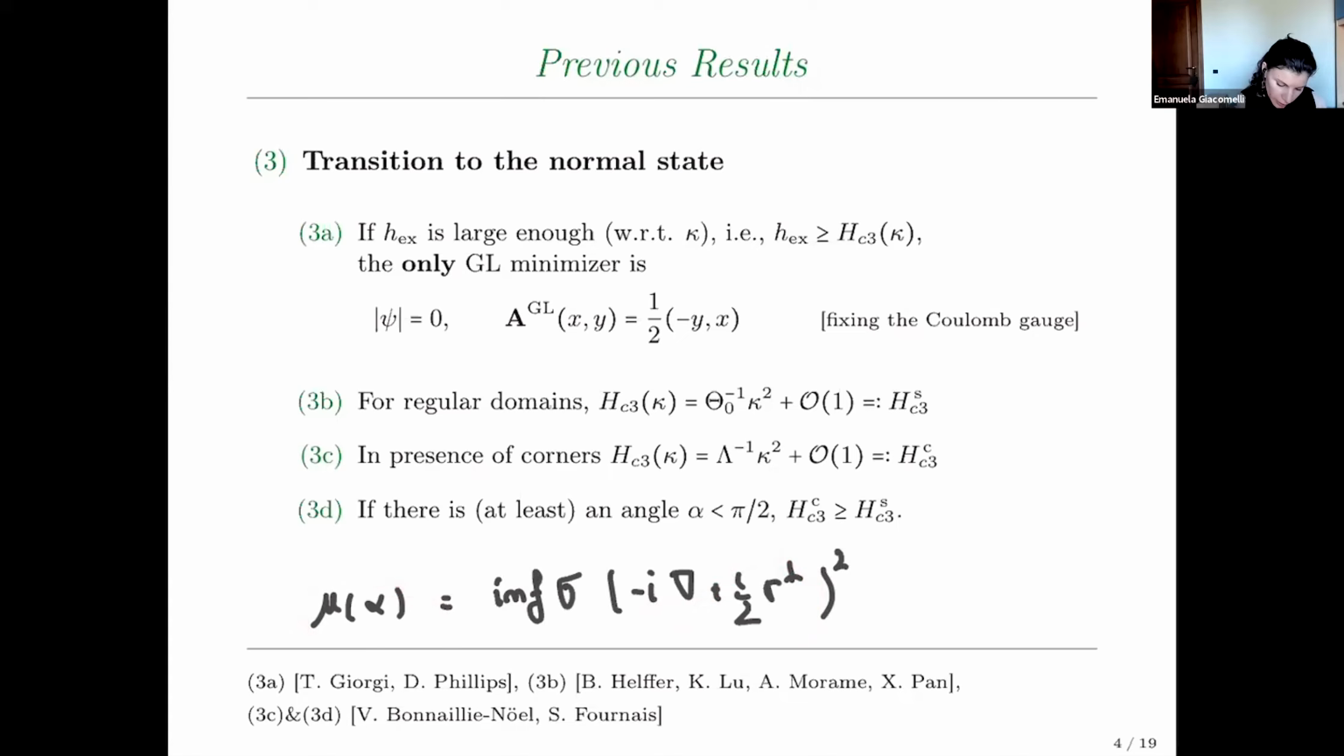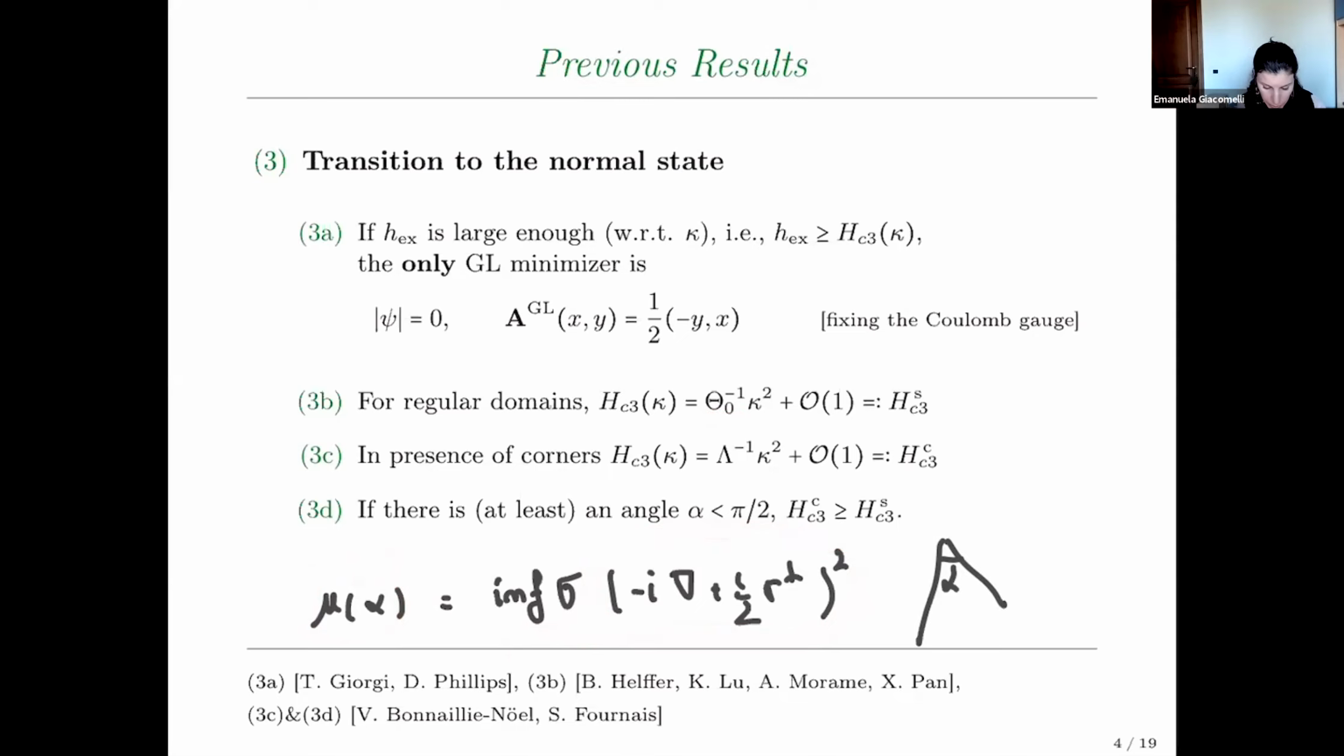And about this mu alpha here, there are several conjectures. In particular, alpha is nothing else, I'm just taking the infimum over an infinite angular sector with opening angle alpha. And since now I wrote this operator here, this θ0 is nothing else than the infimum of the same operator just in the whole plane. Anyway, what I wanted to say is that there are several conjectures about how this mu alpha depends on alpha, and in particular,